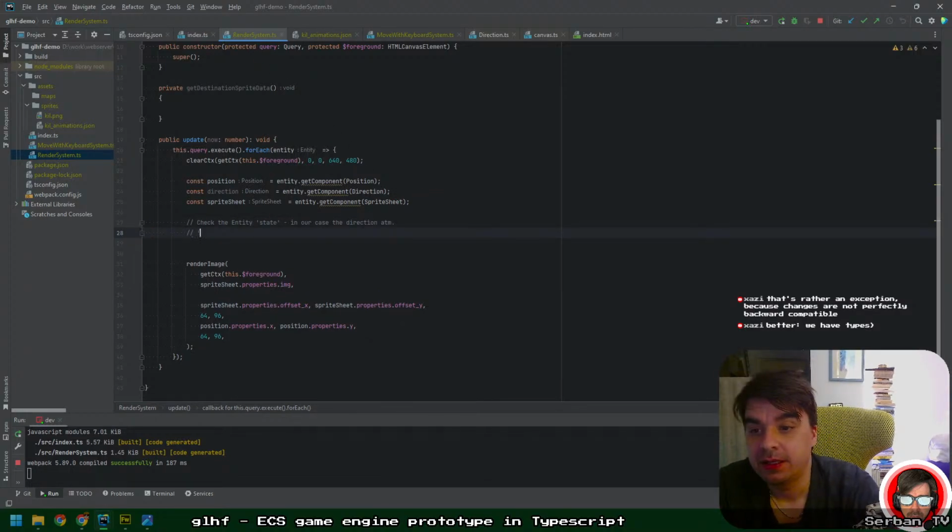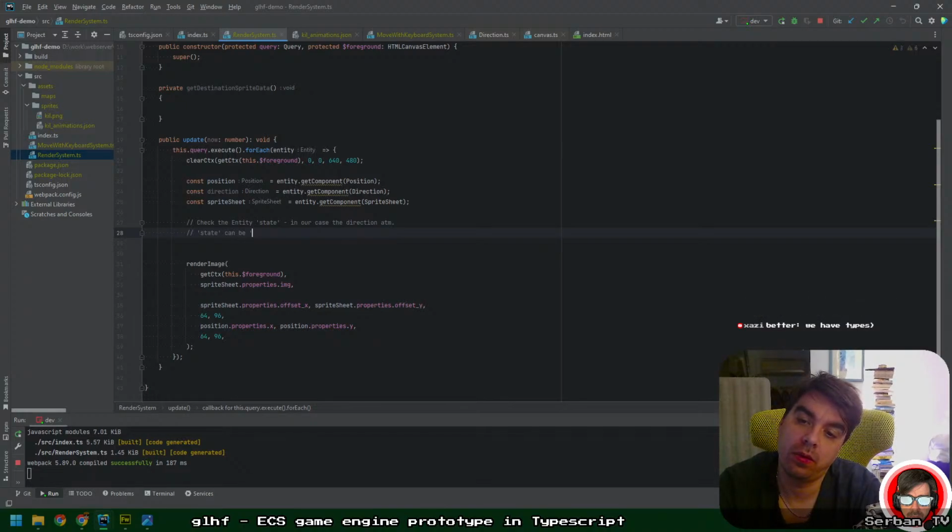Okay. State can be walking, while sprite sheet state could be walking